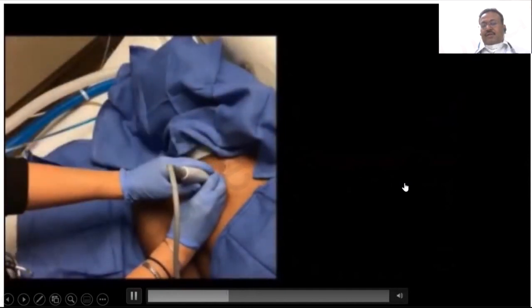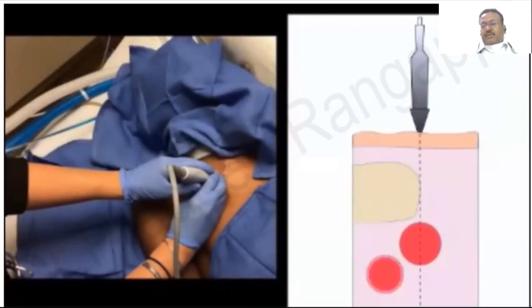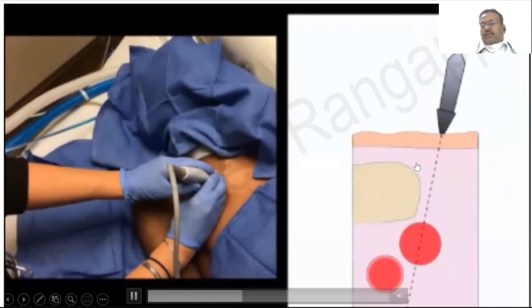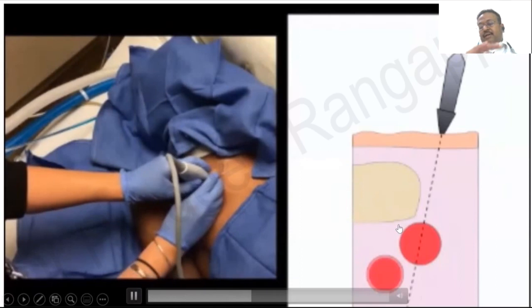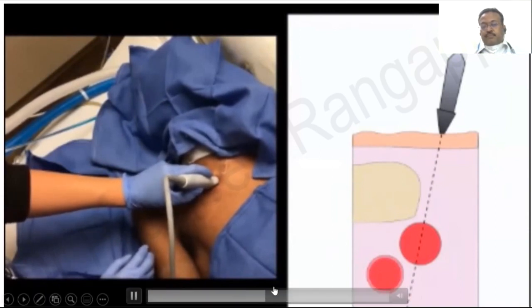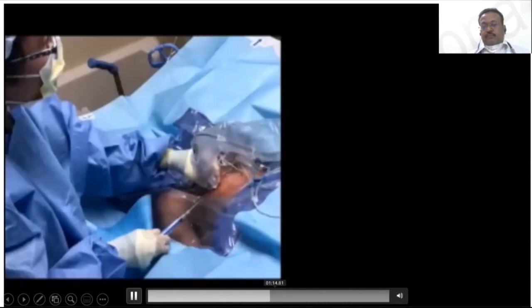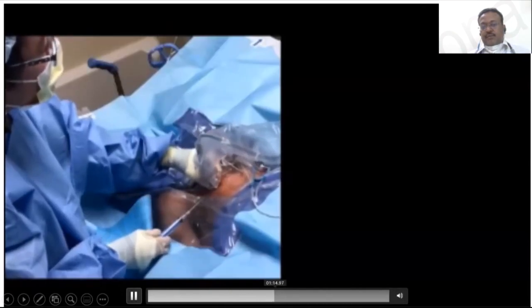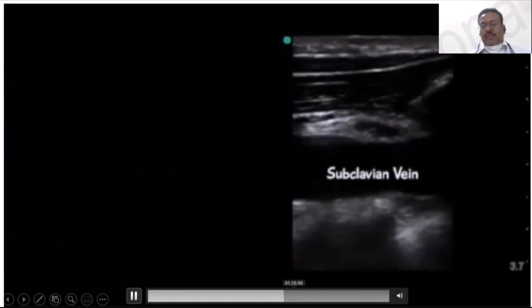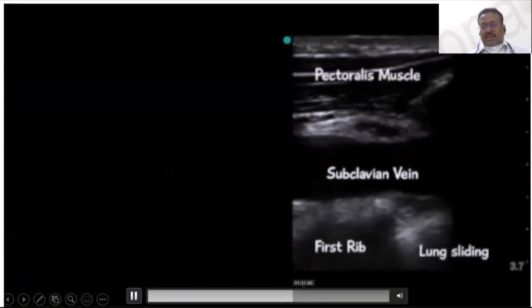So you can see on the left side with ultrasound guidance. So when the clavicle comes, sometimes it's hard to visualize the vein. That's when you have to tilt the probe to visualize the subclavian vein a lot more clearly, because the clavicle comes in the way. To avoid that, you can do a sweeping view to get a better view of the subclavian vein. Okay, you can see on the left side now. So there is a needle that's being put. So subclavian vein is nicely seen on the longitudinal view, as you see. So that's the first rib. So that's the lung sliding.